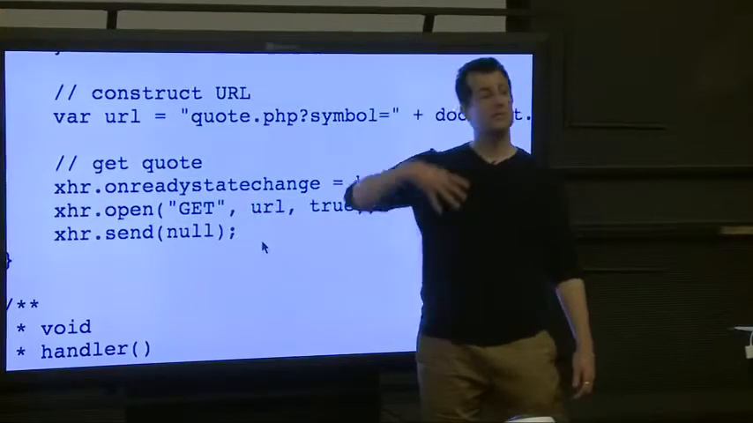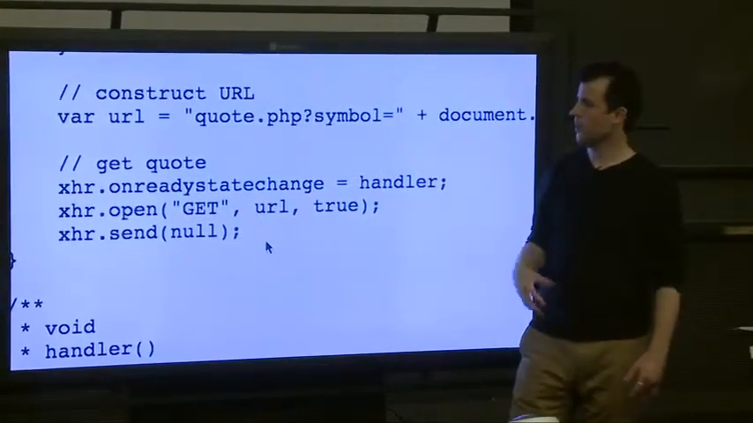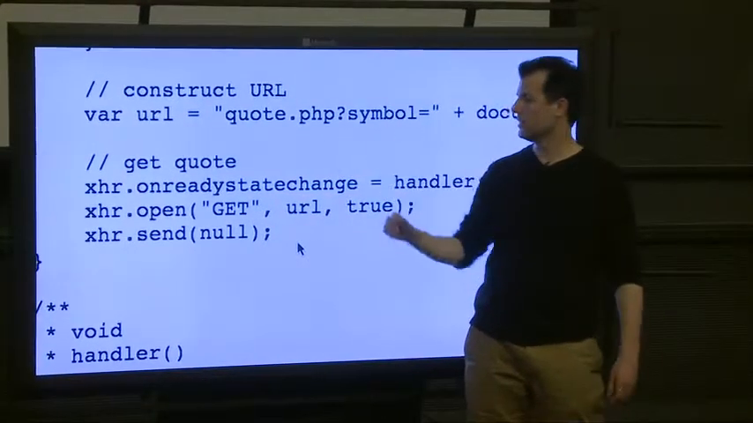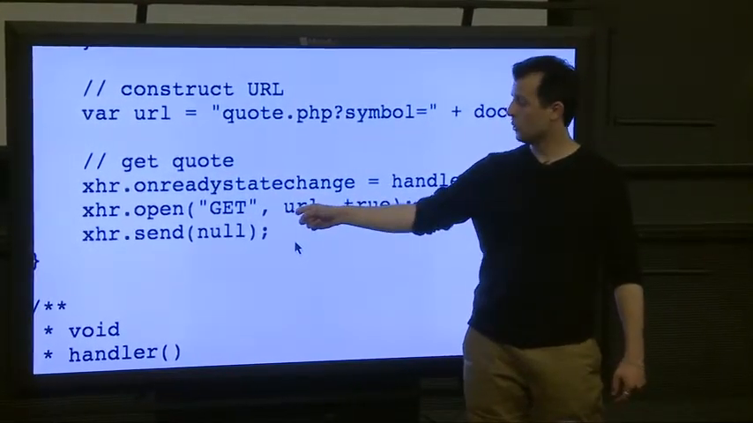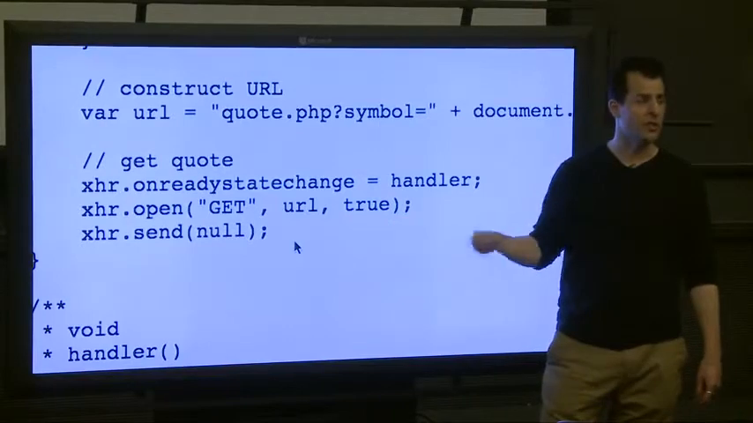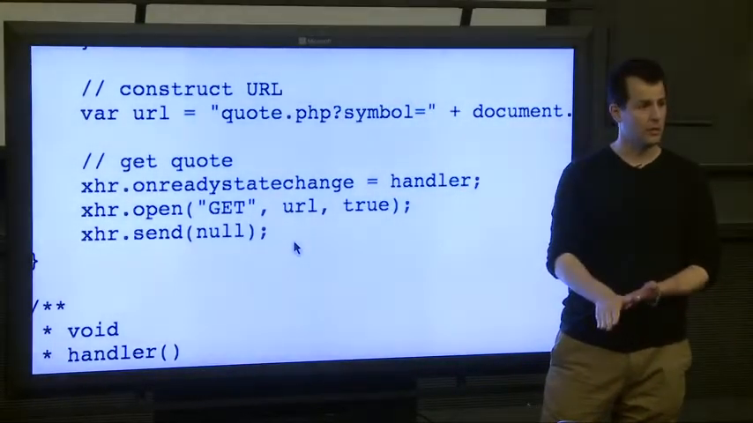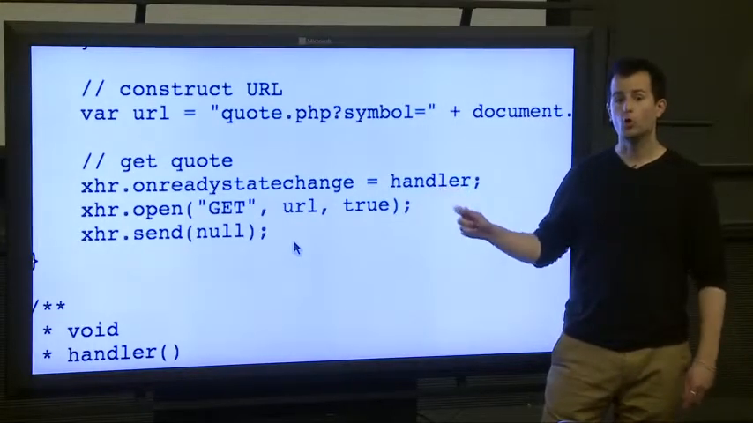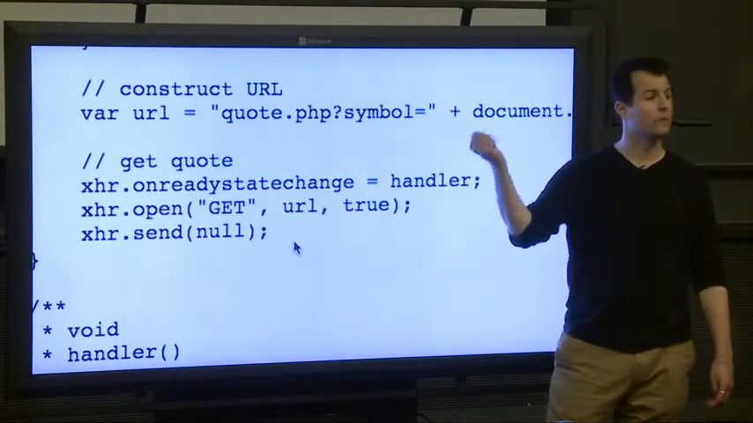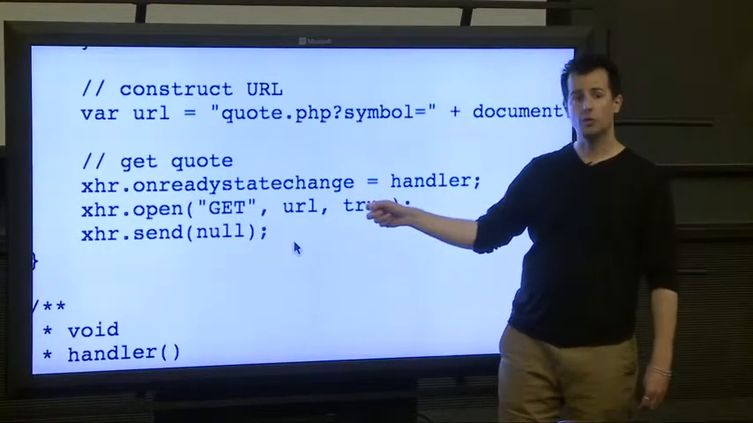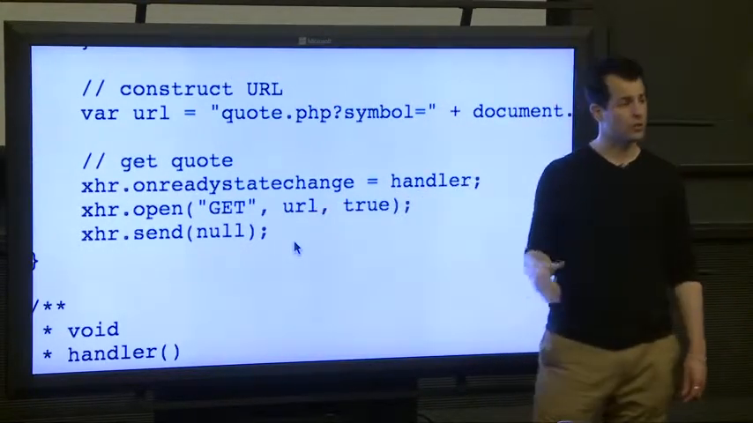Open is opening a TCP connection to the server, HTTP specifically, using the get method if familiar. If not, don't worry. It's the opposite of post. To this URL, making the call asynchronous. Asynchronous means this function will return immediately, and handler will get called if the server eventually replies. By contrast, if we made this false and said make the open call synchronous, that